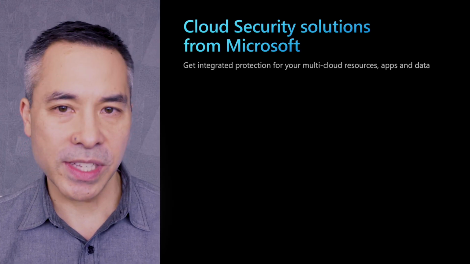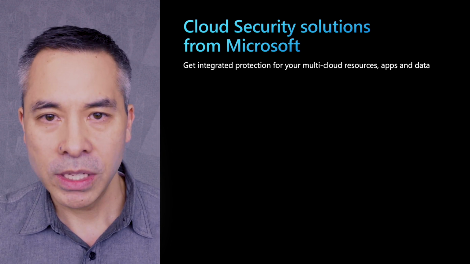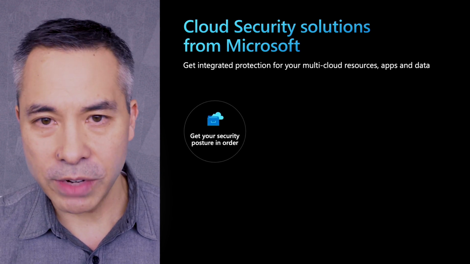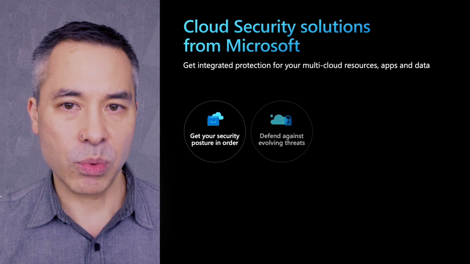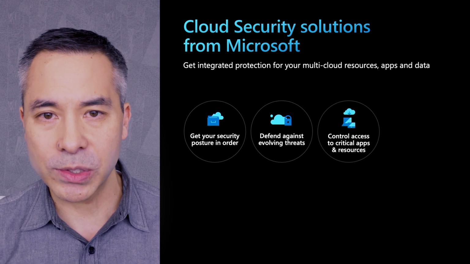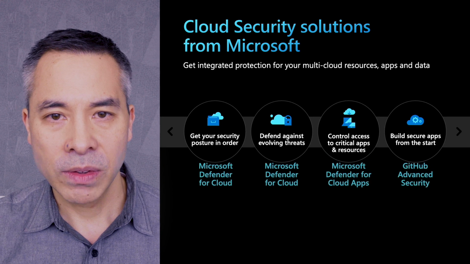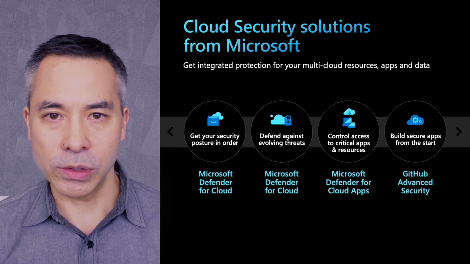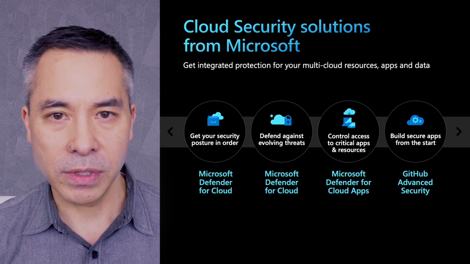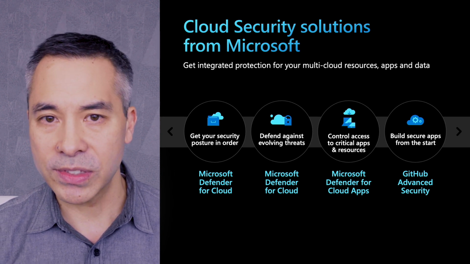Now let's close with a few additional summary points and some additional resources. We have a comprehensive set of capabilities to help you protect your multi-cloud and hybrid environment, to strengthen the secure configuration of your cloud resources, protect your workloads and apps from threats of all types, and control access to critical apps and resources, and of course, build and operate secure apps in the cloud. So we encourage you to learn more about these solutions, or if you're already using them, learn about the latest capabilities that you should be using now to strengthen your overall cloud security.